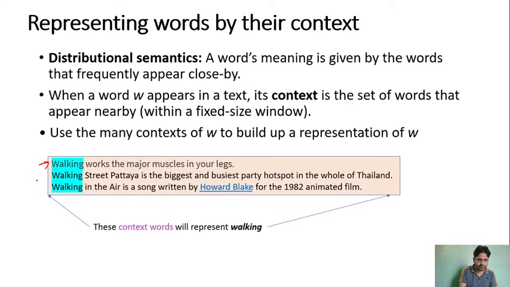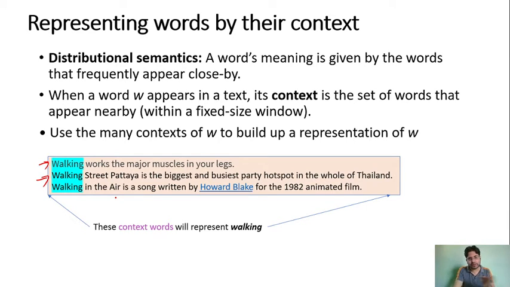Then there is another place where walking is used: Walking Street, Pattaya. This represents a location, so the context is different. Similarly, if you say Walking in Air, this represents a song name. So it depends on what we are targeting, or what the context behind it is.